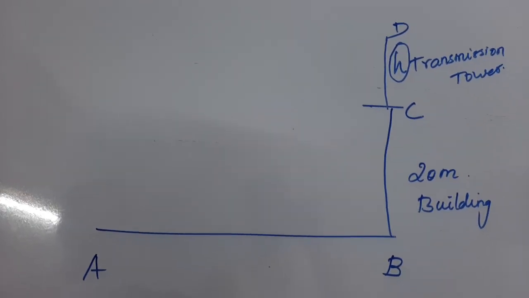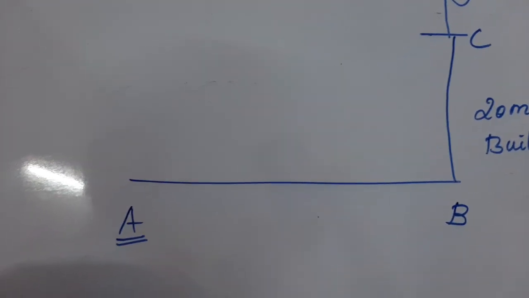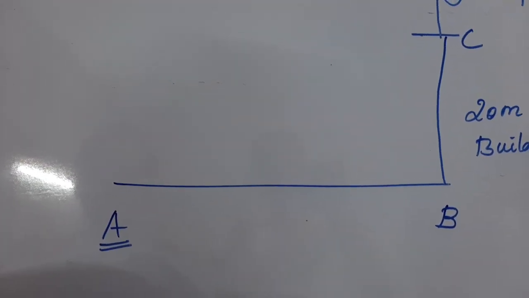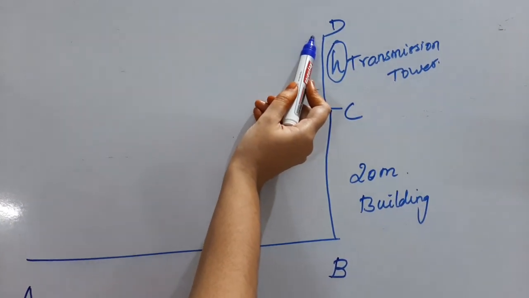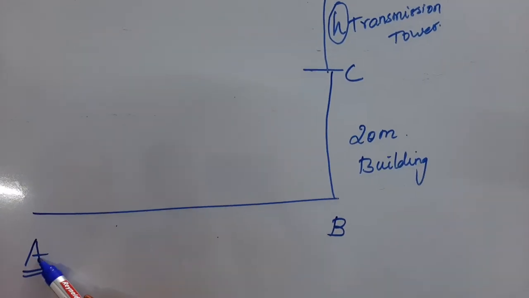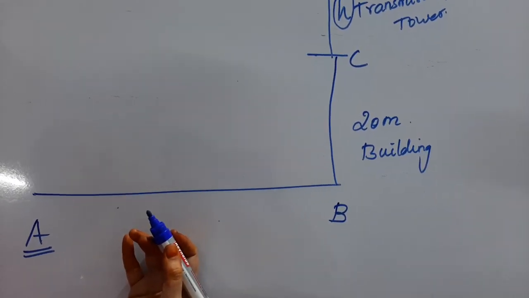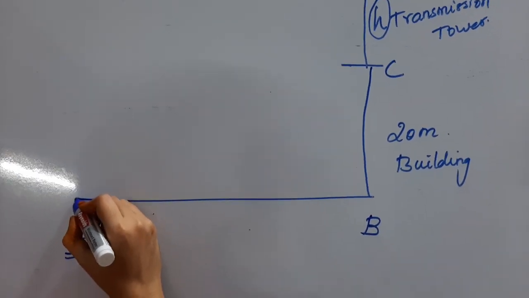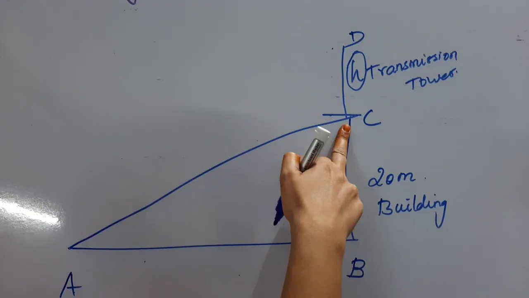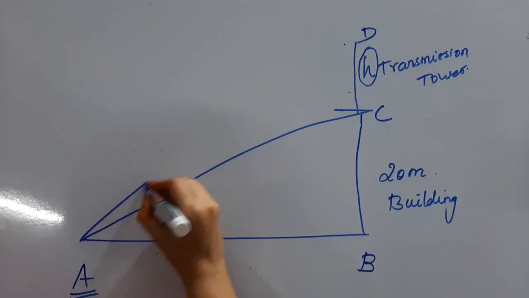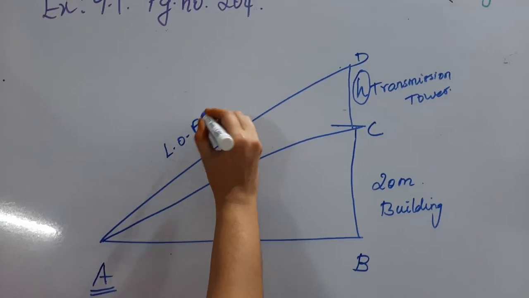Now, from a point on the ground, that point is only A. From this point, if I take angle of elevation to the bottom and the top of the transmission tower. So, what is the transmission tower here? CD is the transmission tower, right? And on the ground, we are fixing the point A. From this particular point, if I take angle of elevation, I need to draw my line of sight, right? So, here my line of sight, I am drawing A to C. From this particular point to the bottom of the transmission tower, and from the same point to the top of the transmission tower. This is my line of sight.